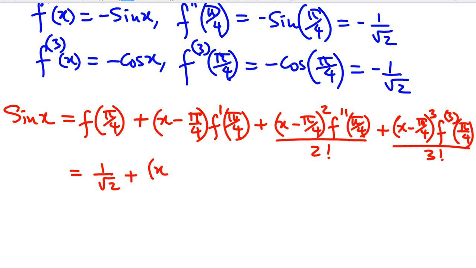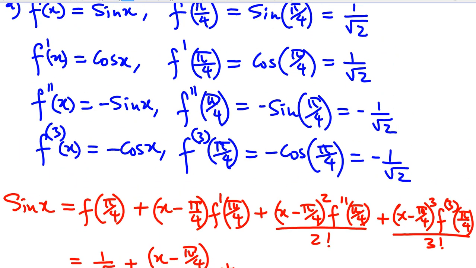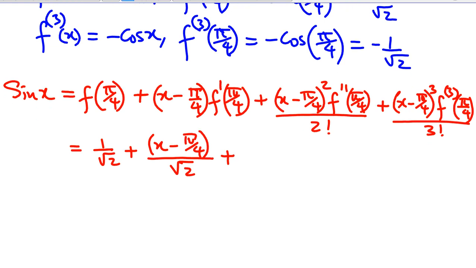I had skipped one term, and that's a negative. All right, just checking my signs are correct. So plus, plus, minus, minus. So that will be minus x minus pi over 4 squared over 2 root 2,